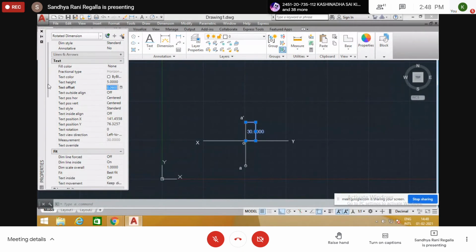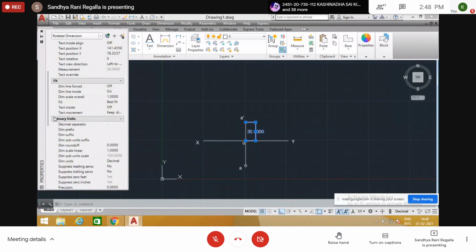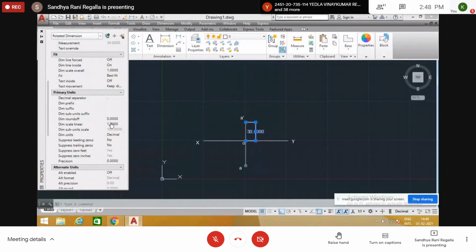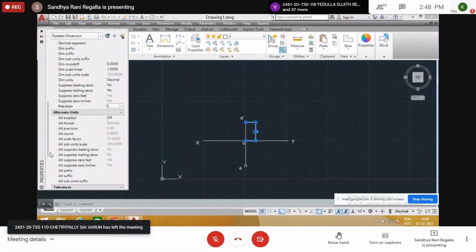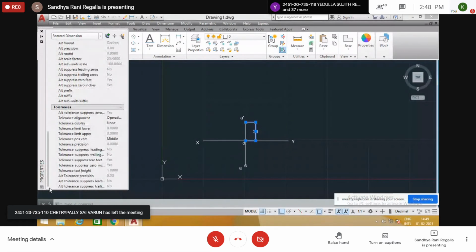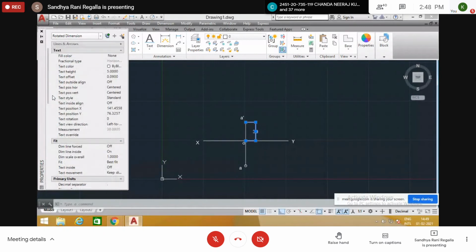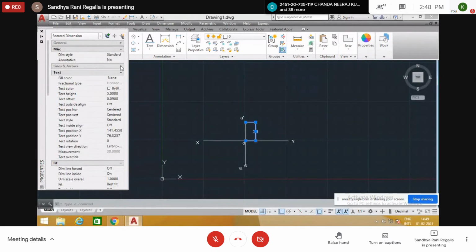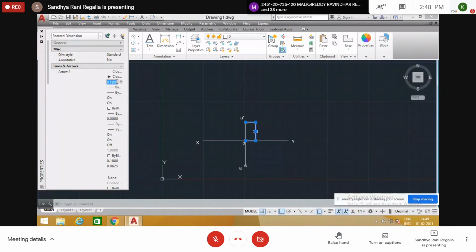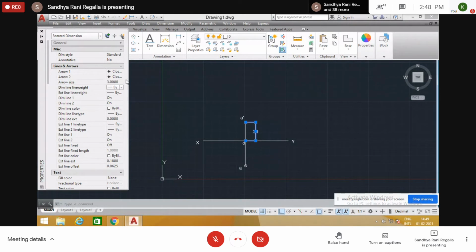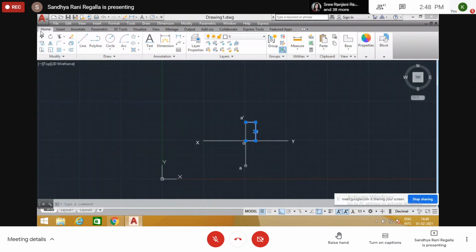And units, precision, 4 decimal places are there, not required. Without decimals we give precision 0. And anything to change, arrows also we can change. Arrows also not visible, lines and arrows. Arrow size also very less, I give 3. Close this box. We get this way 30.